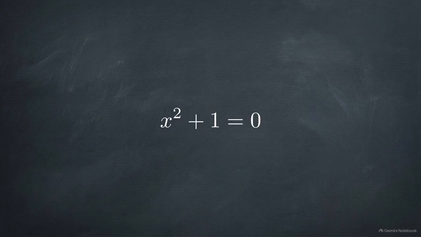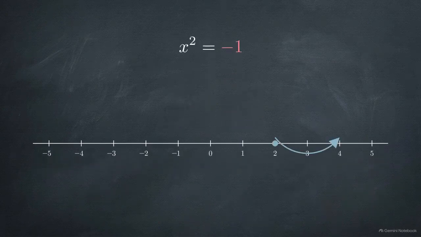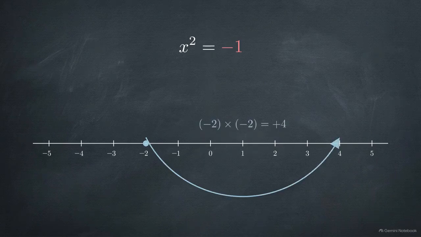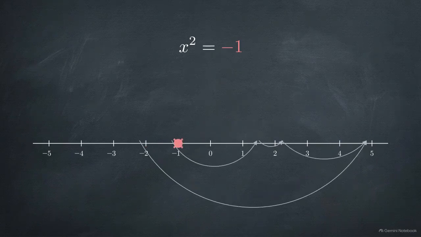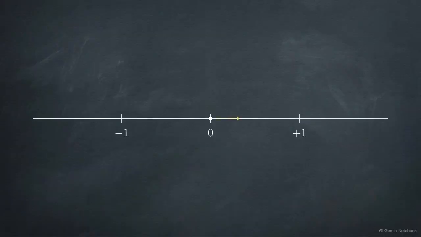In early algebra, you inevitably hit a specific wall. You are asked to solve for x in the equation x squared plus 1 equals 0. Rearrange that, and you need to find a number that, when multiplied by itself, gives you -1. When you multiply a number by -1, you take its position on the number line and rotate it 180 degrees